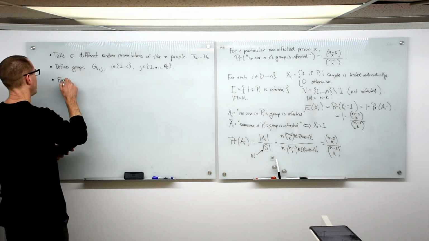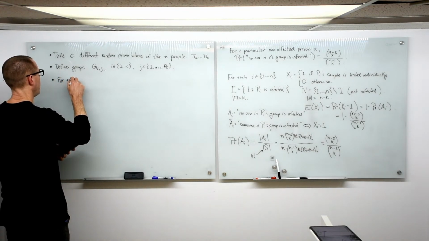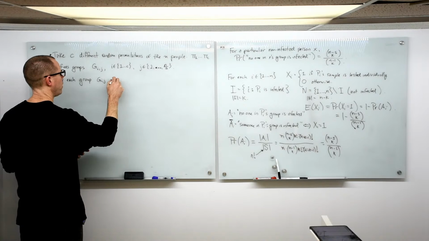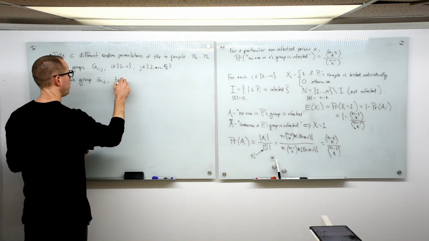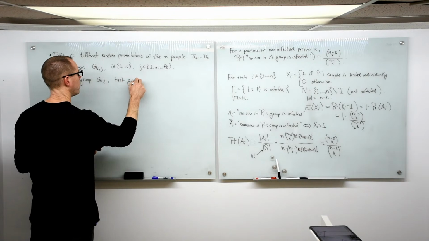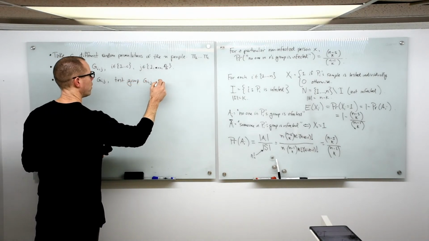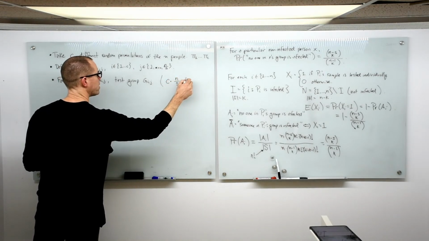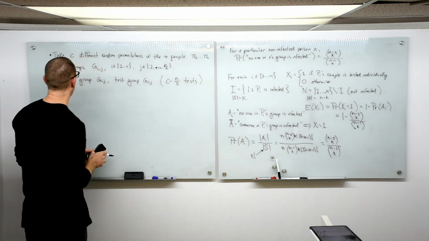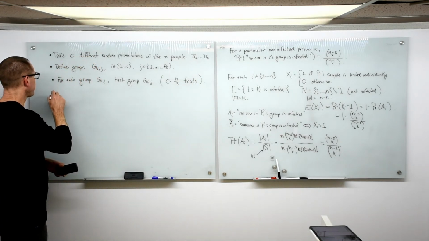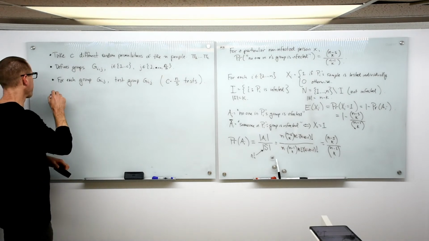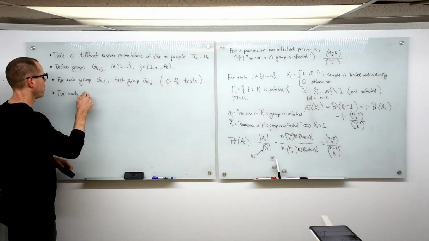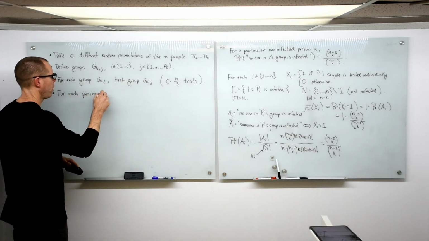For each group Gij, test group Gij. Okay, so we said that that is going to be C times n over S tests. And now for each person X,